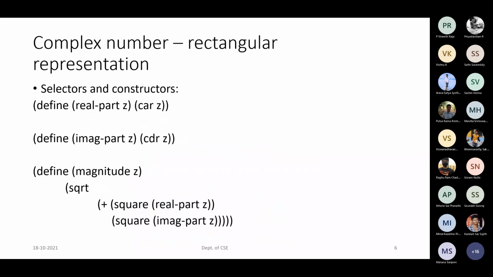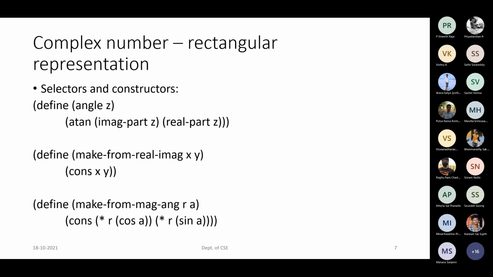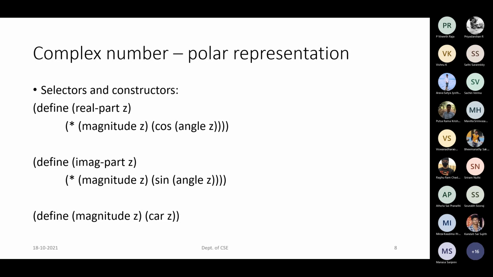So last class we were discussing a particular data: if we have more than one form for it, how do we do the coding part? From a programming perspective, how are we going to deal with it? First we discussed the complex number example, the different forms, and how we usually write the programs. But when we define the procedures in that manner, the problem is that we cannot predict which procedure to use.